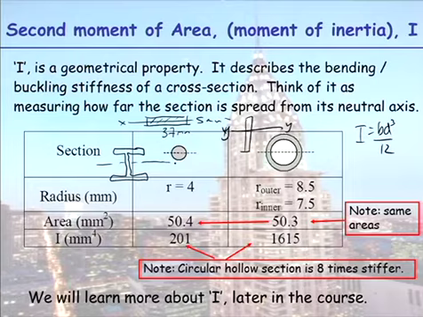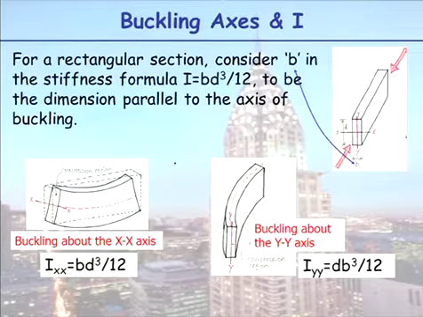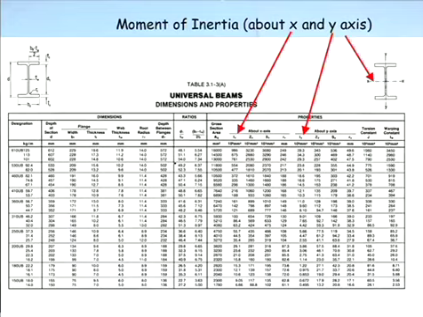So looking at this, which axis is stiffer about? This axis, because it's spread further from the axis of bending. Okay, as I said, we've got a whole lecture on that. When you come and do your project, you have got a similar table for your square hollow section. In your project, you're designing with square hollow sections, but looking at this table, and I actually will refer to